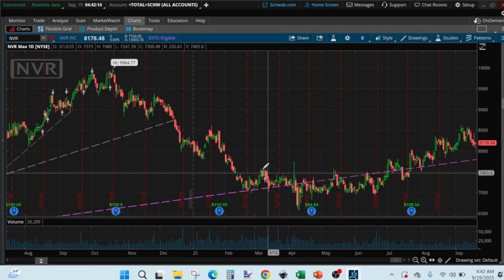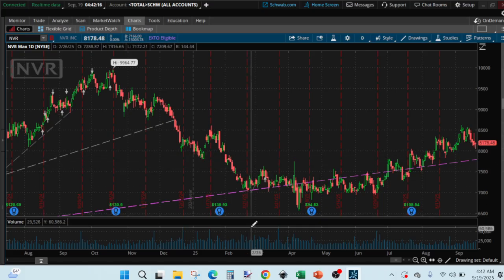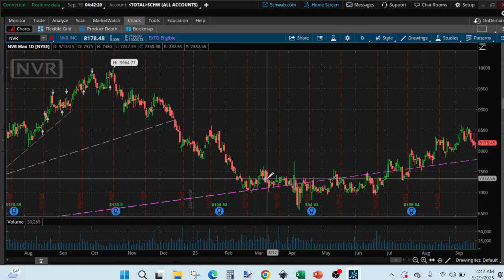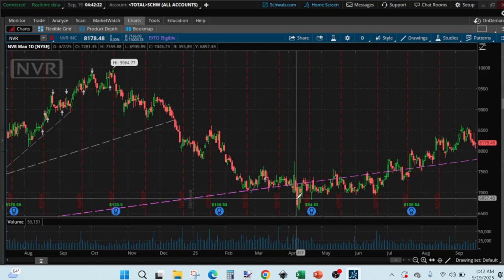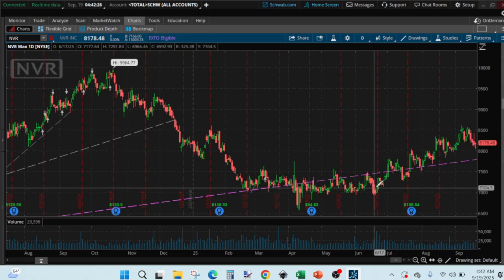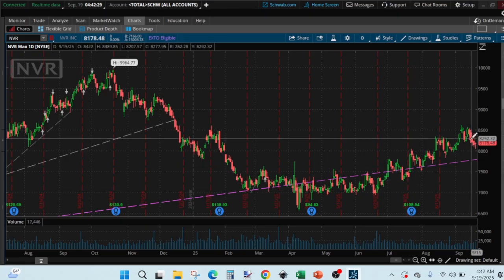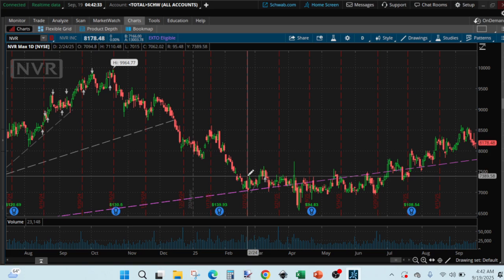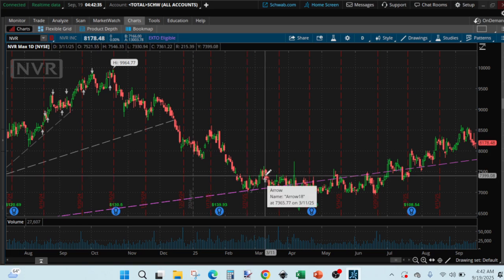You just want a confirmation that it's done going down. Even so, it could still go down. For instance, we purchased it there, but guess what? It pulled back down a little bit, continued lower before it started going up again. So we got it in, but technically on this purchase, we remain negative on it,